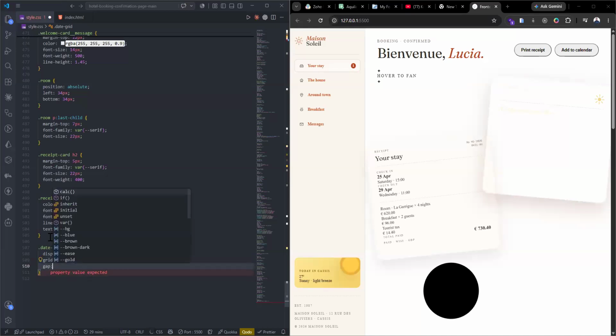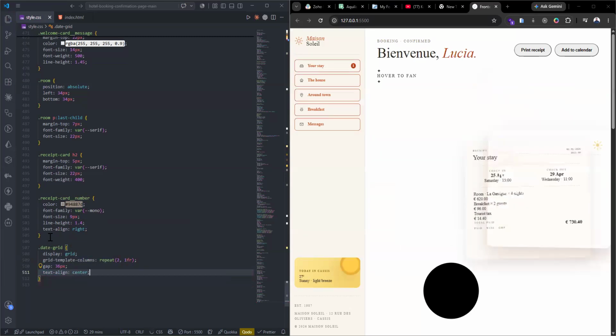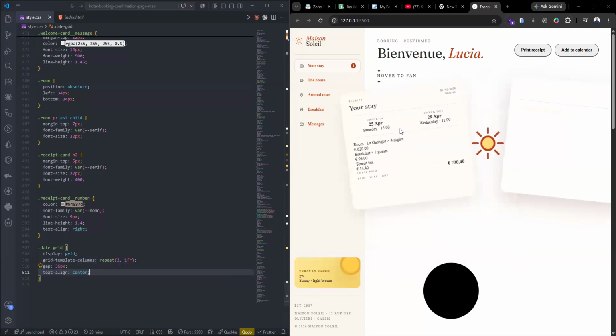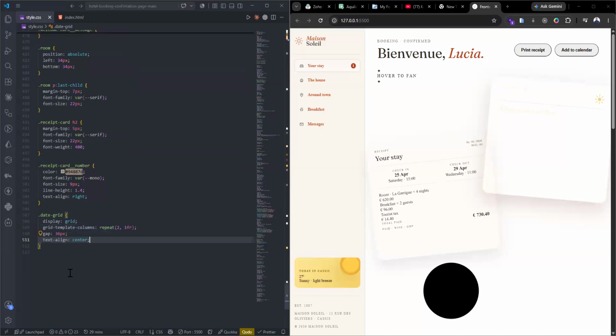We have gap of 36 pixel. We have text-align center. Yeah, so this is what we have. Let's copy this, which is going to be